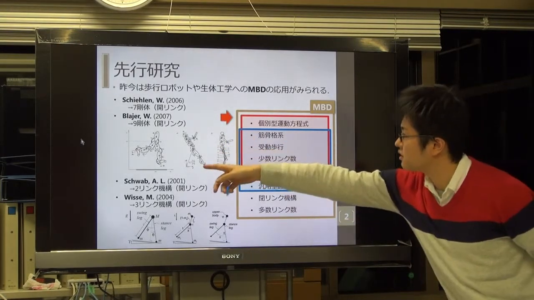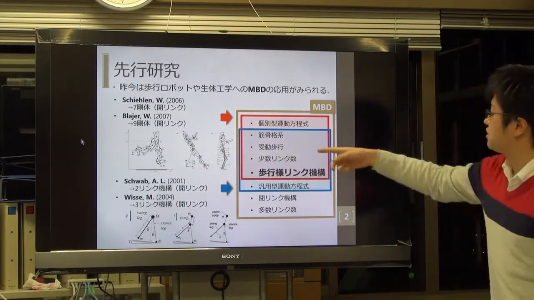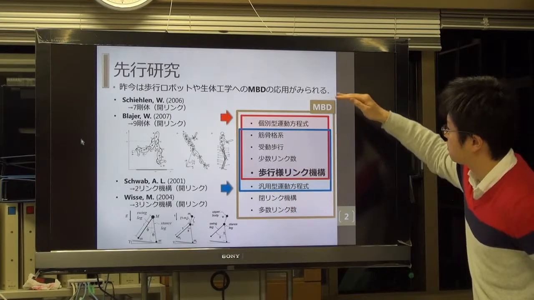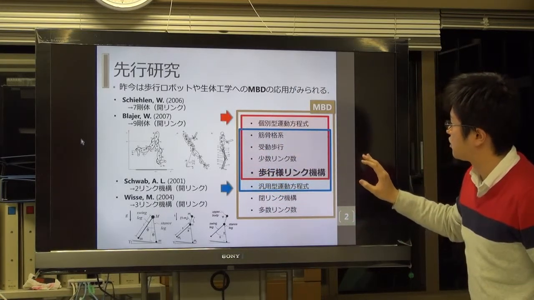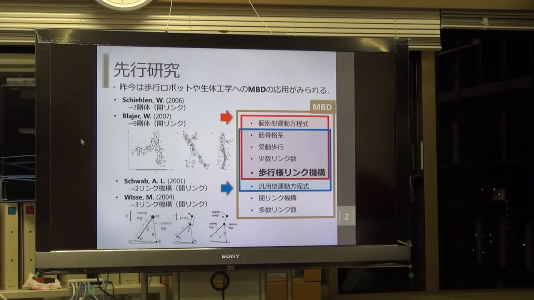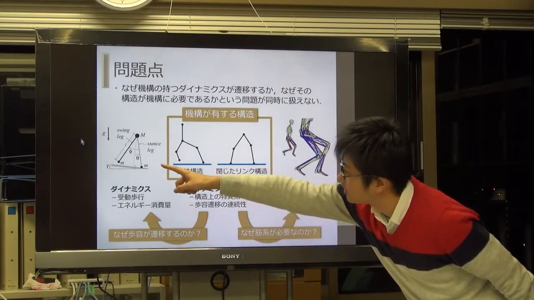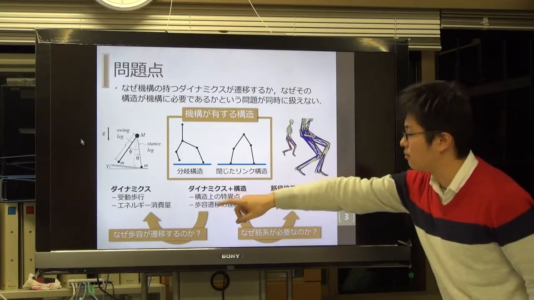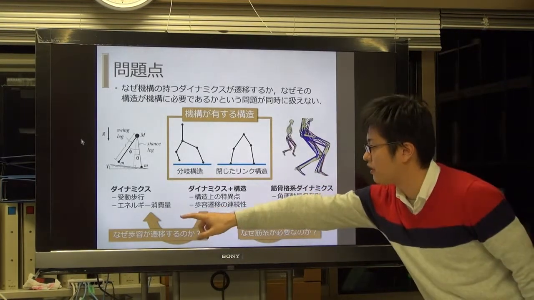One group focused on solid linkage by using multi-body dynamics. Also, another group focused on another approach. Multi-body dynamics has two approaches. The other professor focused on a different multi-body dynamics for describing this kind of behavior. When someone focuses on this kind of model, it shows very specific dynamics regarding passive walking. In this case, it is possible to describe it by using the energy